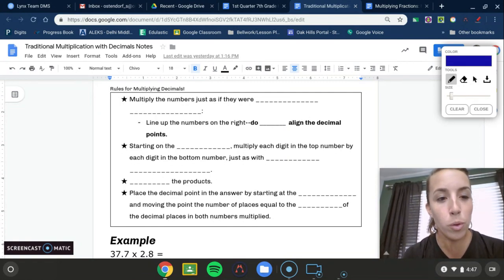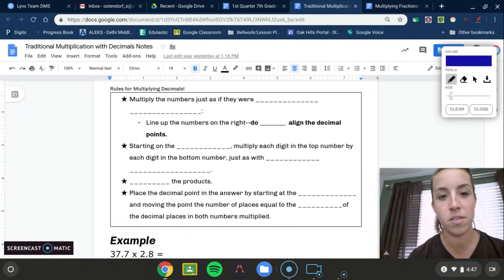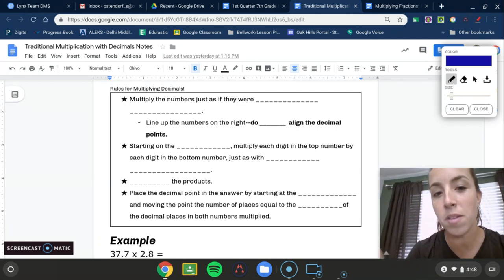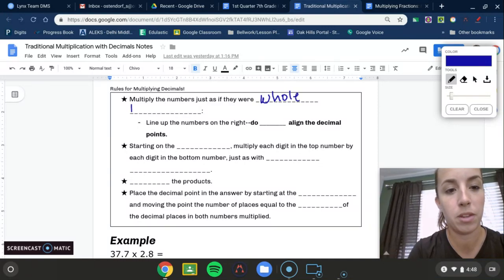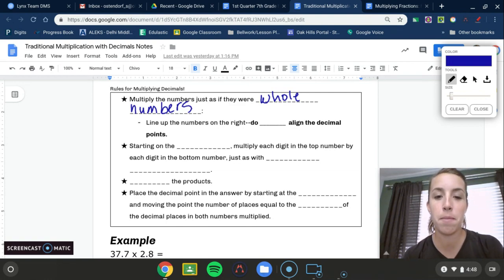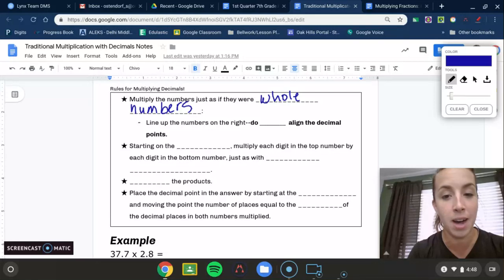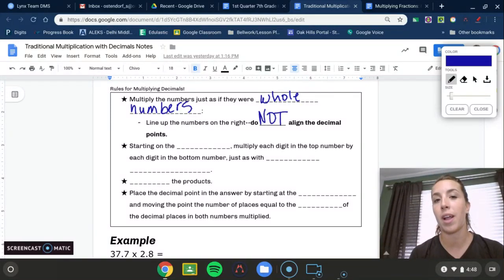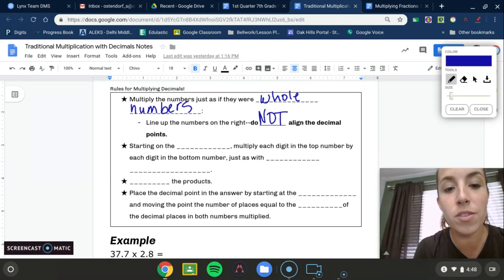It says, for the rules, when multiplying decimals, you just multiply the numbers as if they were whole numbers. You're going to line up the numbers on the right. So move them all the way over to the right, and you do not align the decimal points. The only time you ever align the decimal points is if you are adding and subtracting. You didn't have to do it with division, and you don't have to do it with multiplication. Okay? You will always start on the right,